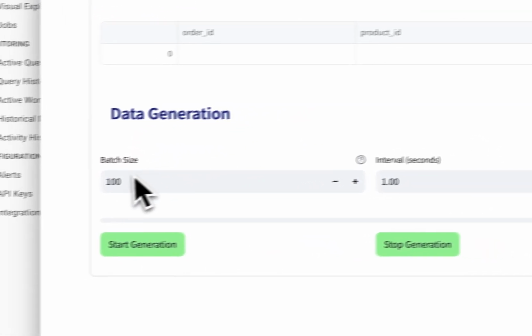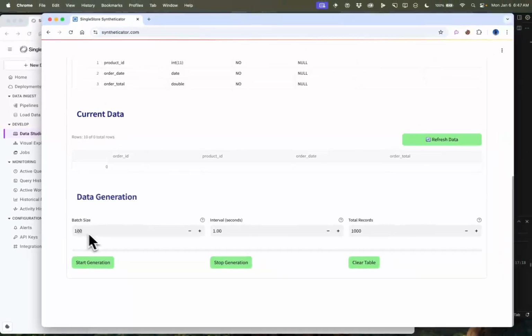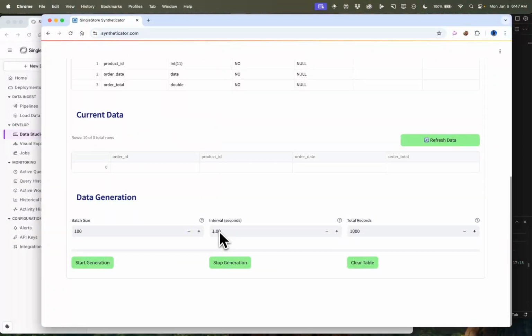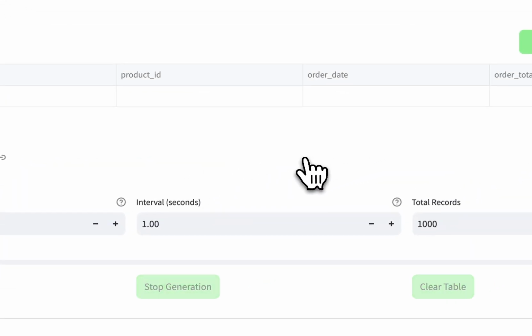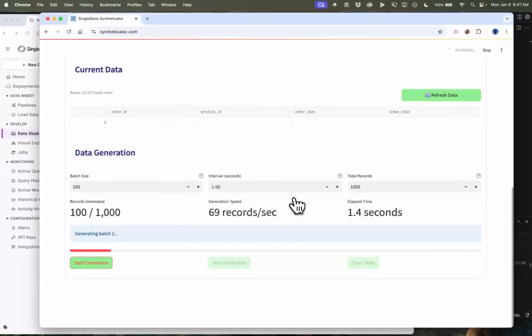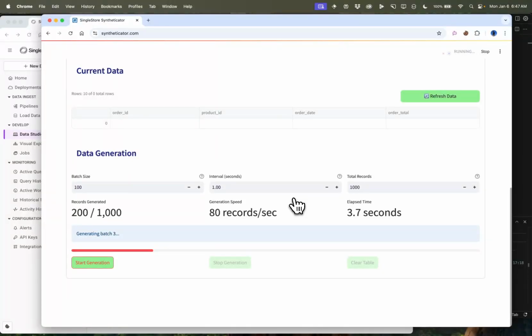After it has generated and inserted that batch, it waits for a second so it doesn't overwhelm your network as well as the database. Although even on a free tier, it can take a lot more queries per second. And then of course, the total number of records you want to generate, which for now, I'm just going to keep to 1,000. So once I hit start generate, it uses in the background this Python library called Faker,